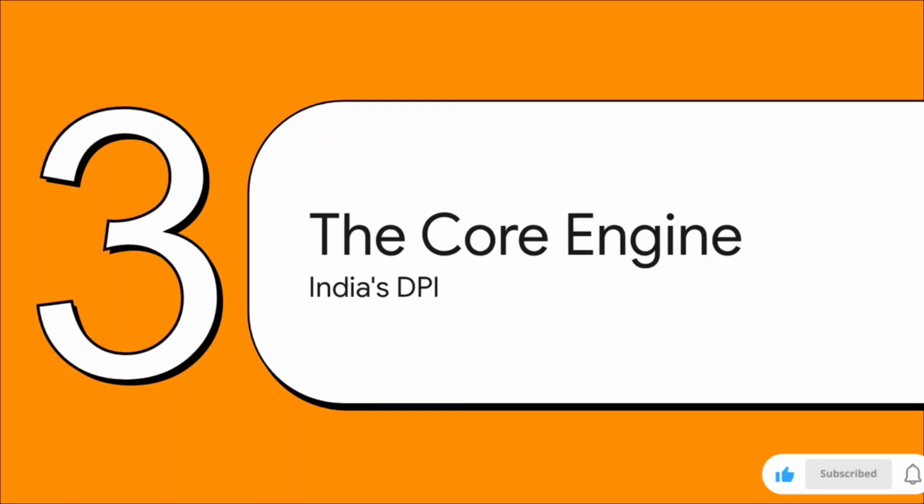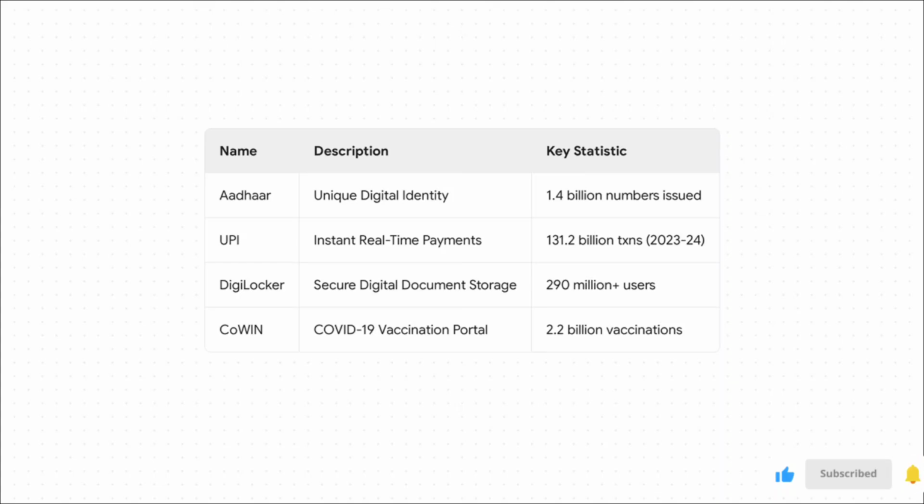So, you might be wondering, what's the engine powering this whole transformation? Well, it's India's world-famous Digital Public Infrastructure, or DPI. This is the tech backbone, what people call the India Stack, that makes everything else we've talked about possible. And the scale here is mind-boggling. We've got Aadhaar, which has provided a digital identity to 1.4 billion people. We have UPI, which processed over 131 billion, that's billion with a B, transactions last year alone. And then you have DigiLocker and CoWIN. These are just stellar examples of building digital systems that actually work for over a billion people.